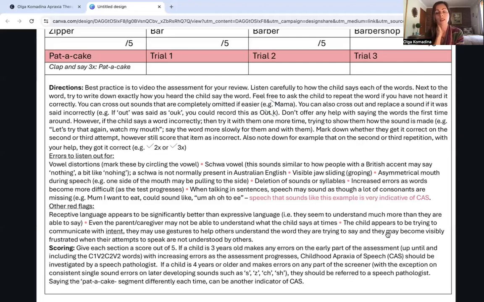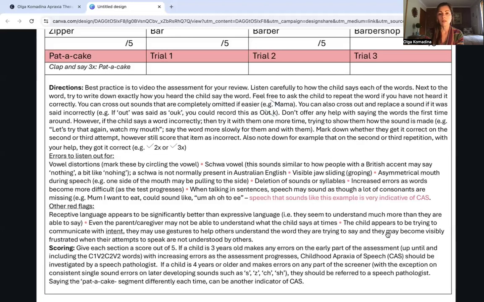So sometimes I see kids trying really hard to say, I don't know, maybe "cat," and it's like "cat," almost as though there's a clear, see-through string pulling them out. Maybe like "bop, bop, bop." The lips actually being pulled to the side. So another sign,